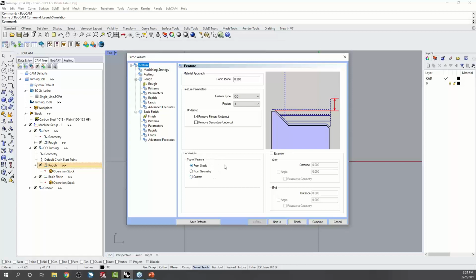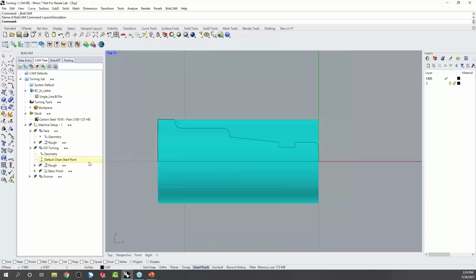You'll notice for the turning routine, you have from stock, from geometry, or custom. Again, more ways to control where your toolpath is being generated and where it isn't. Okay, now the last area that I wanted to talk about here on turning has to do with